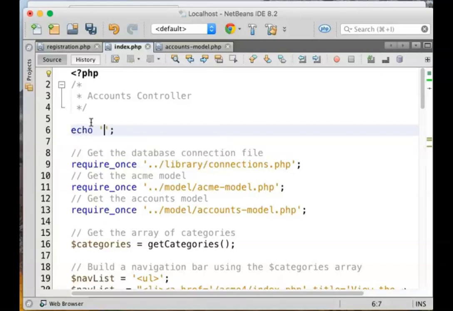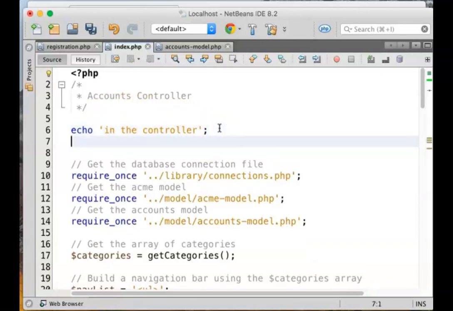And it doesn't matter what I put in here. I just want to see if I can see it. All right, so I'm going to say something like this: in the controller, right? That should be pretty obvious. And then to make sure that nothing else happens, so I can just focus on this, I'm going to put